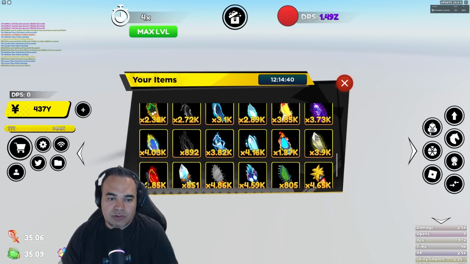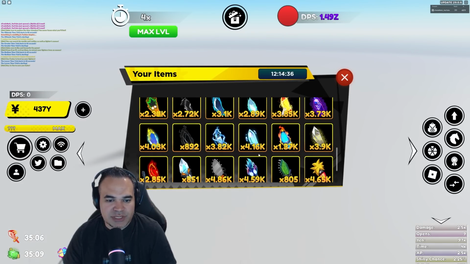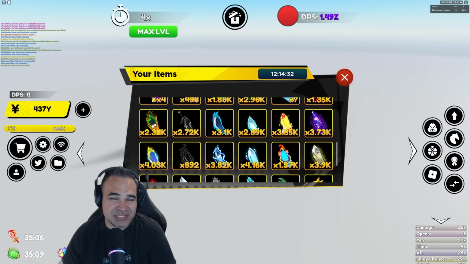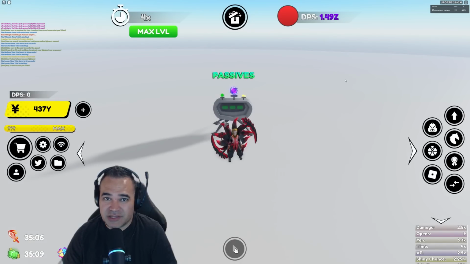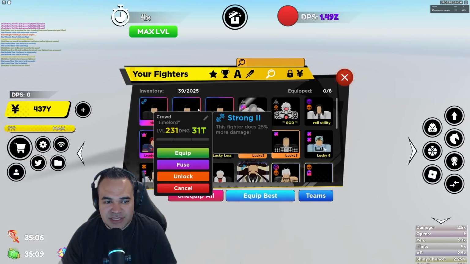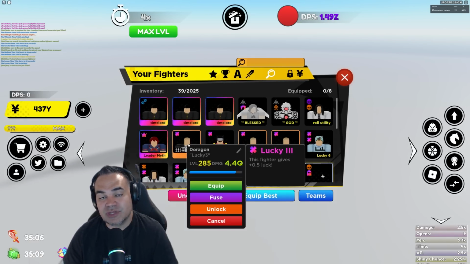So you don't want to really be doing this on any of the high worlds. You want to be doing this on like a low to mid world where it's easier to trade for those shards. They're worth less. It's also just kind of a waste of shards to roll, like let's say gut shards for lucky 3s. But once you have a mythic or legendary fighter,